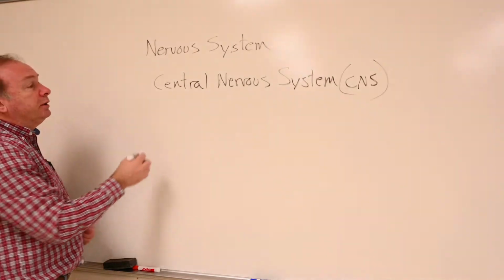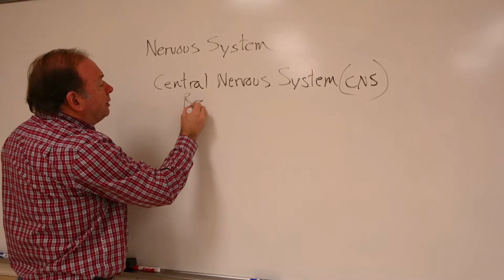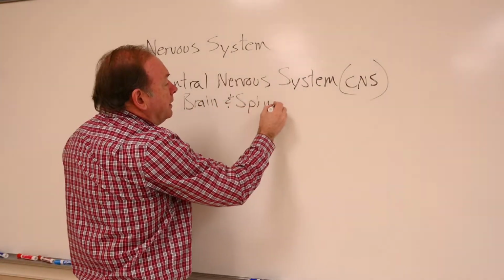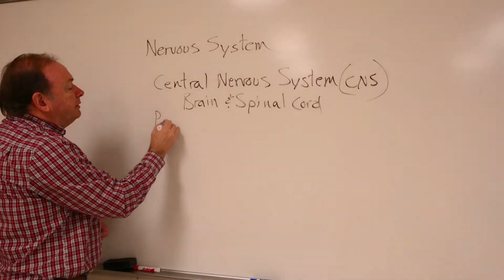In addition to the central nervous system, oh, by the way, this includes the brain and spinal cord. Brain and spinal cord make up your central nervous system. Your peripheral nervous system